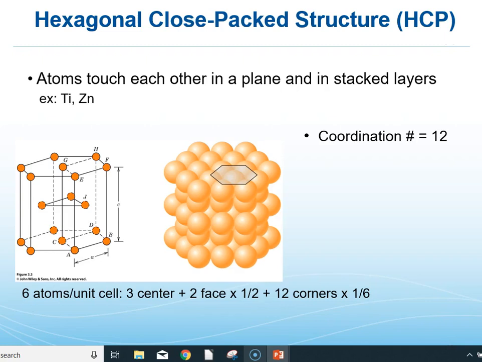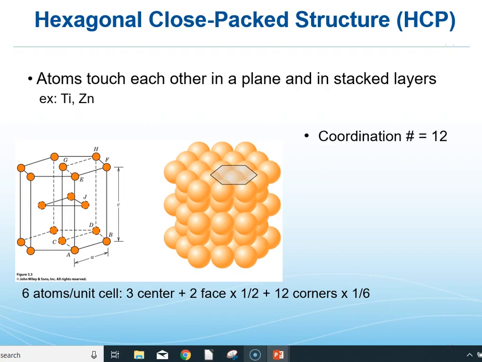So they both have coordination number of 12. Each atom is surrounded by 12. This one is a little bit different to envision, depending on how you look at the unit cell. There's 2 different variations on the unit cell, and it leads to a whole different system of